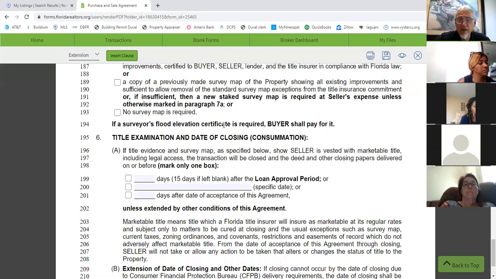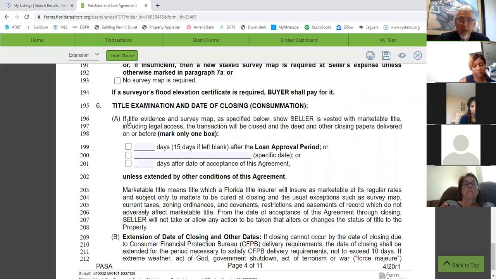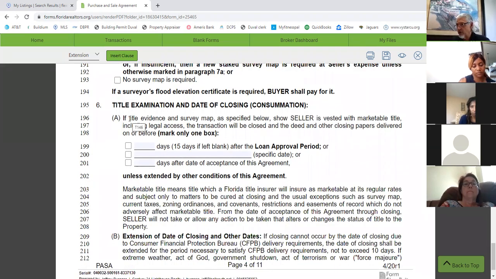If a flood elevation certificate is required, the buyer shall pay for it. Okay. If you are in a flood zone, a flood elevation certificate is going to be required by the lender. Lender's underwriting is going to require it, and they're going to require you to have flood insurance. Flood insurance is always a good idea because if you're not in a flood zone, it's